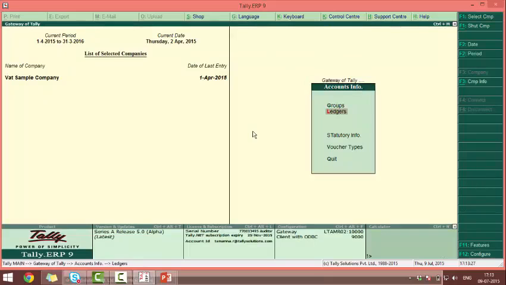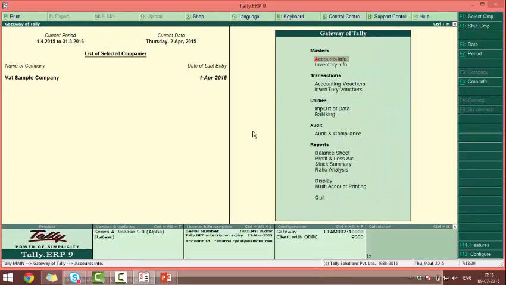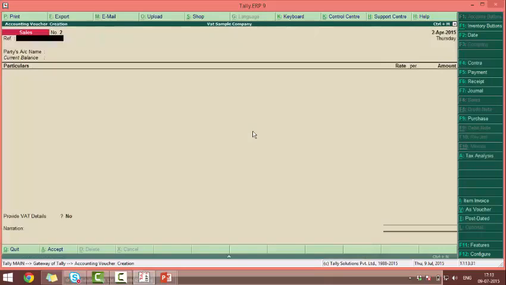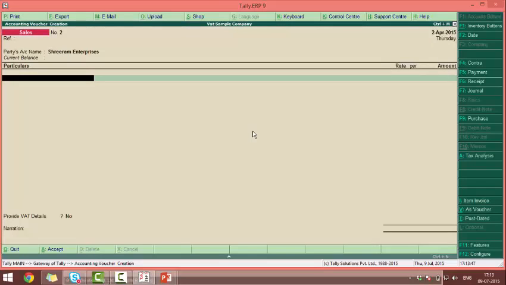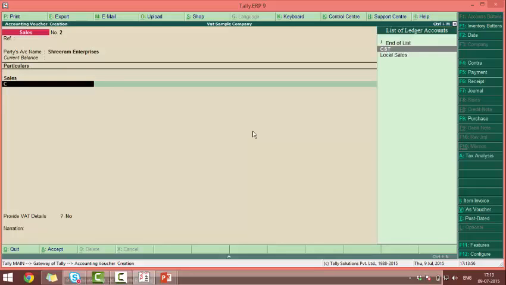Now let's try passing a sales invoice. Go to Accounting Vouchers, F8 Sales, select Shriram Enterprises. In the dispatch details, enable the option is against C form. Select the sales ledger, enter the amount and select the CST ledger.